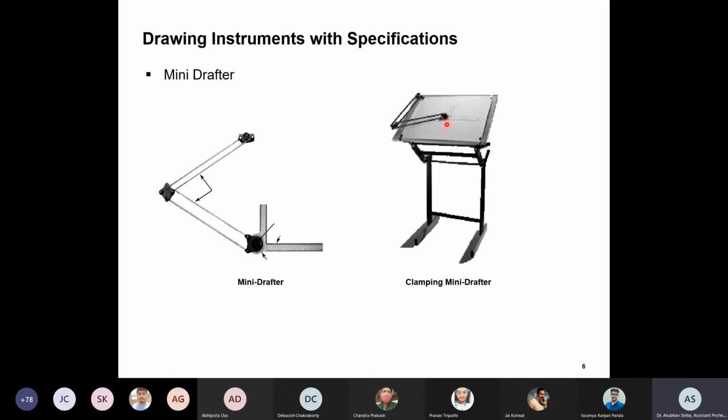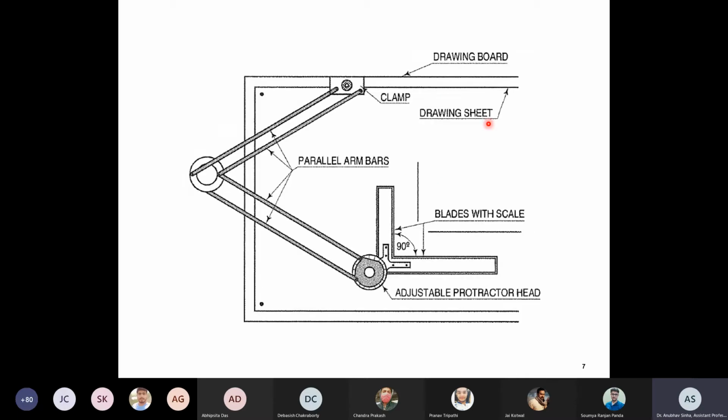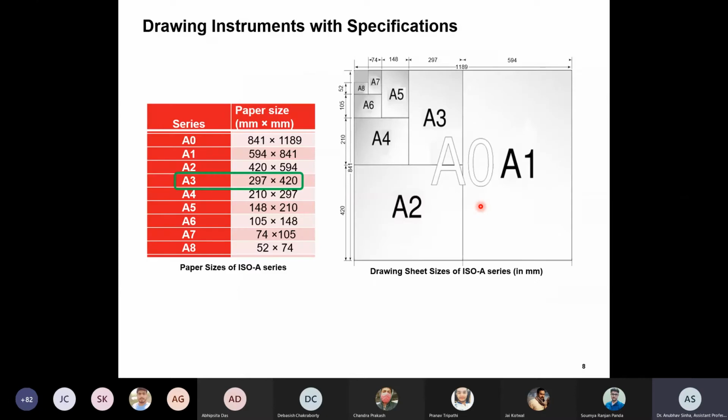The drafter is basically mounted on this. Instead of a drafter, you can now use a set square to make these lines. This is how the drafter is mounted, just to give you some background. The idea is that these two lines are perpendicular, and whenever you move this drafter, these are parallel to this axis. So once you make this x and y axis or border, you need to follow the same alignment. That is the main use of the drafter. Now you can use set squares or protractors to do the same thing on a smaller scale.